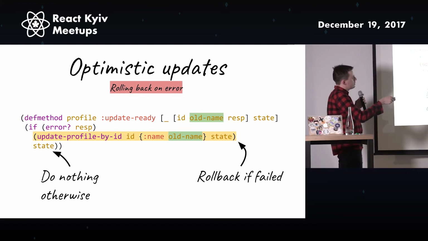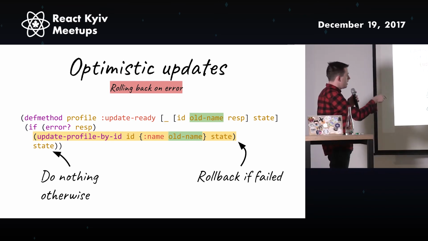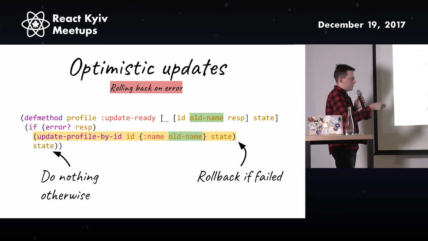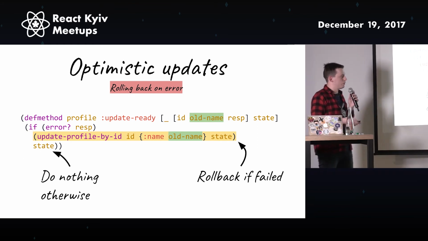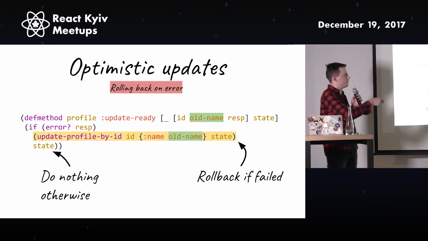So here, when we issue update-ready, we're checking if the response is an error, then we roll back by updating the profile with the old name, which was passed here. Otherwise, we're doing nothing, just returning this stuff. That's it. You can build something on top of it, but usually you can see it's like